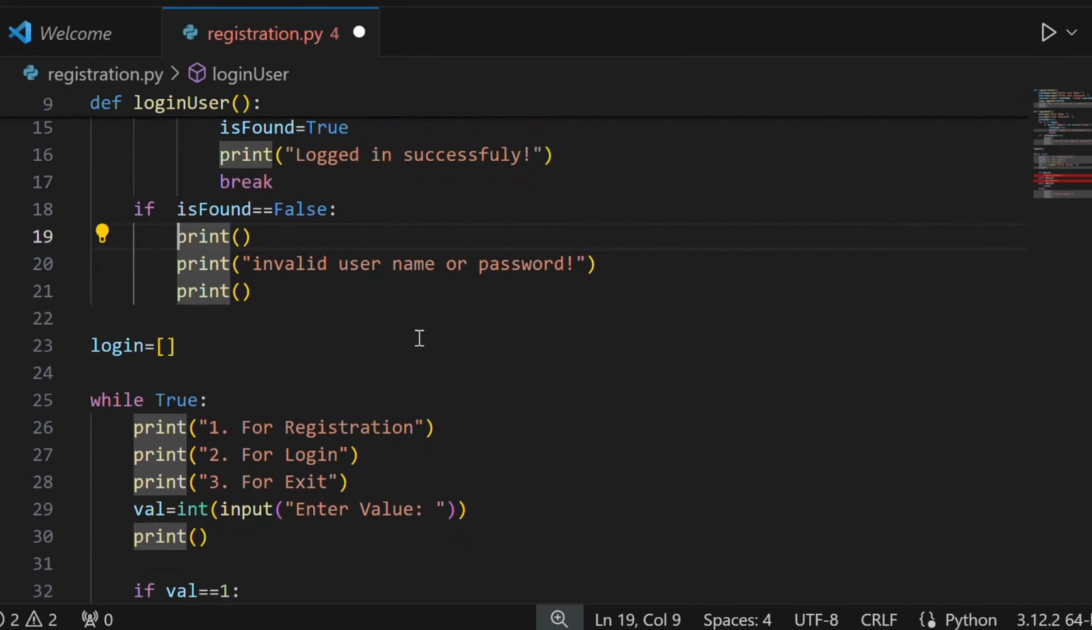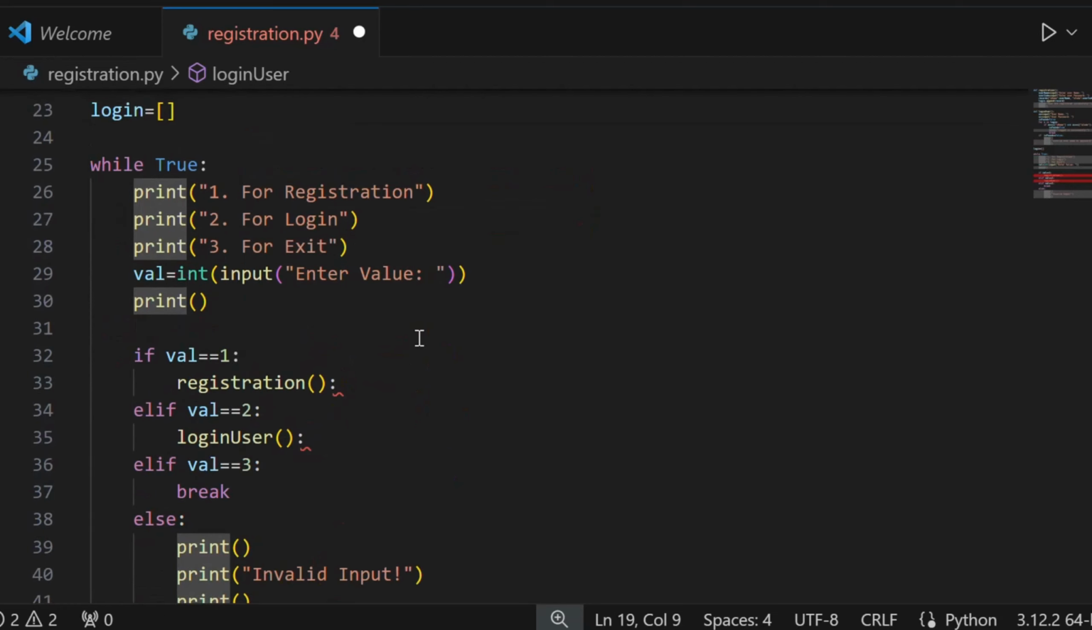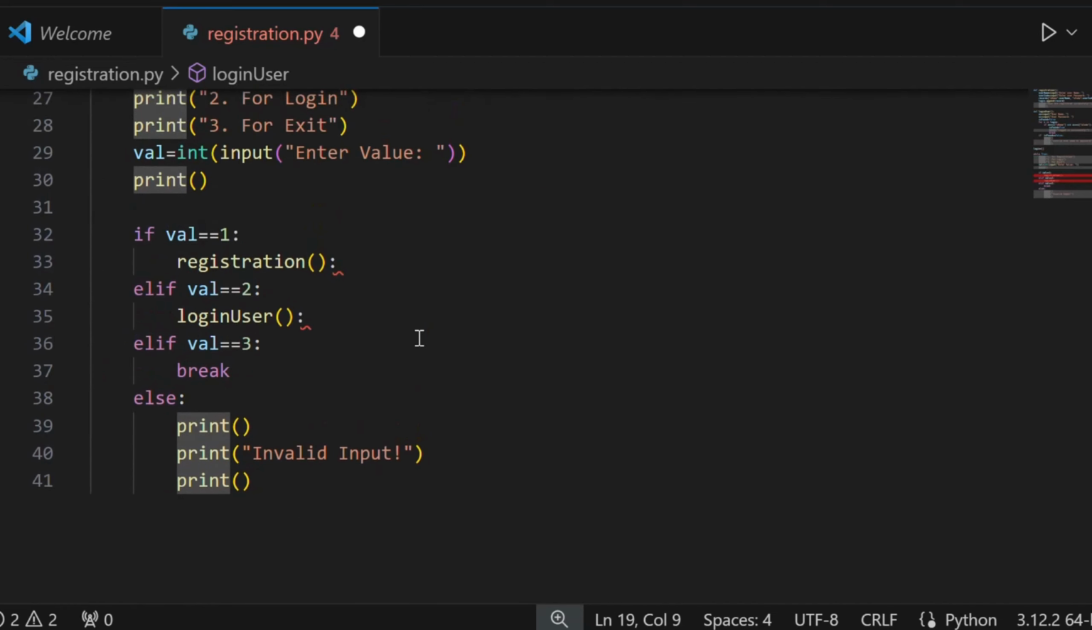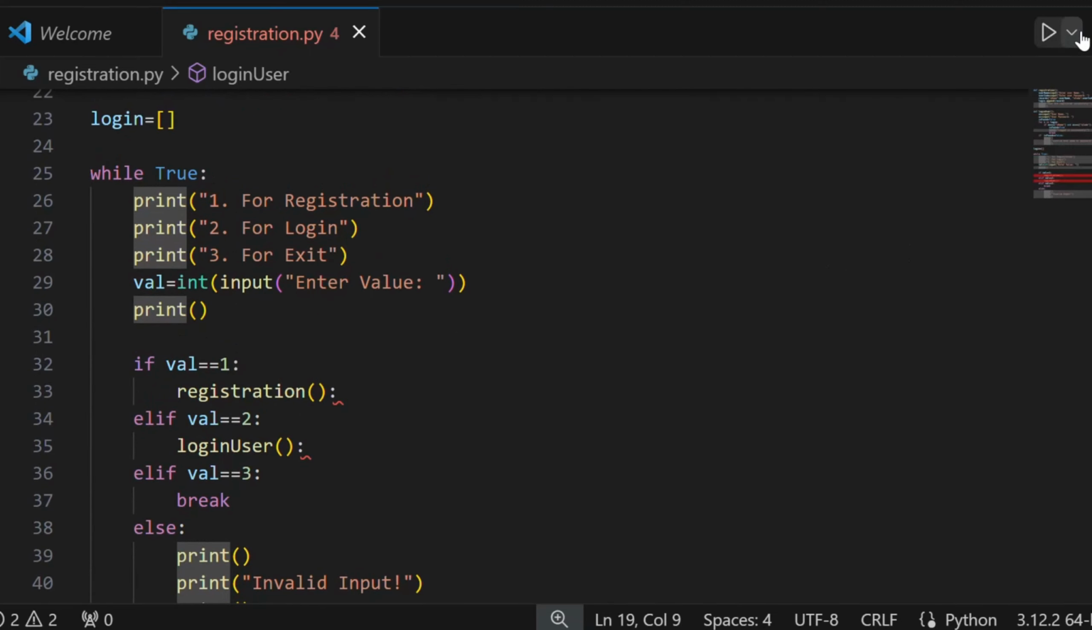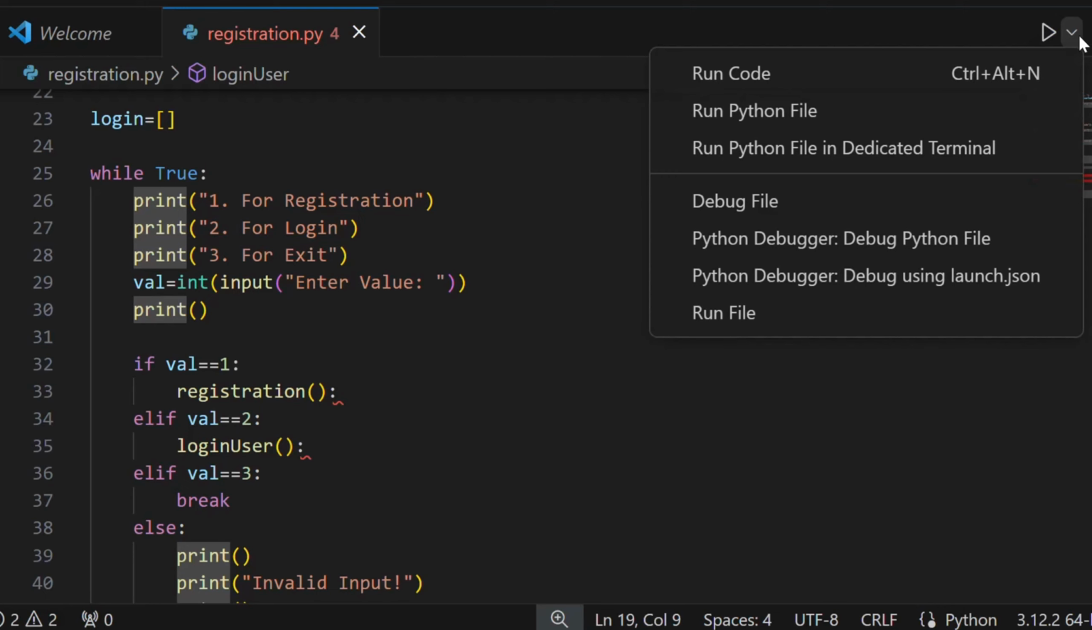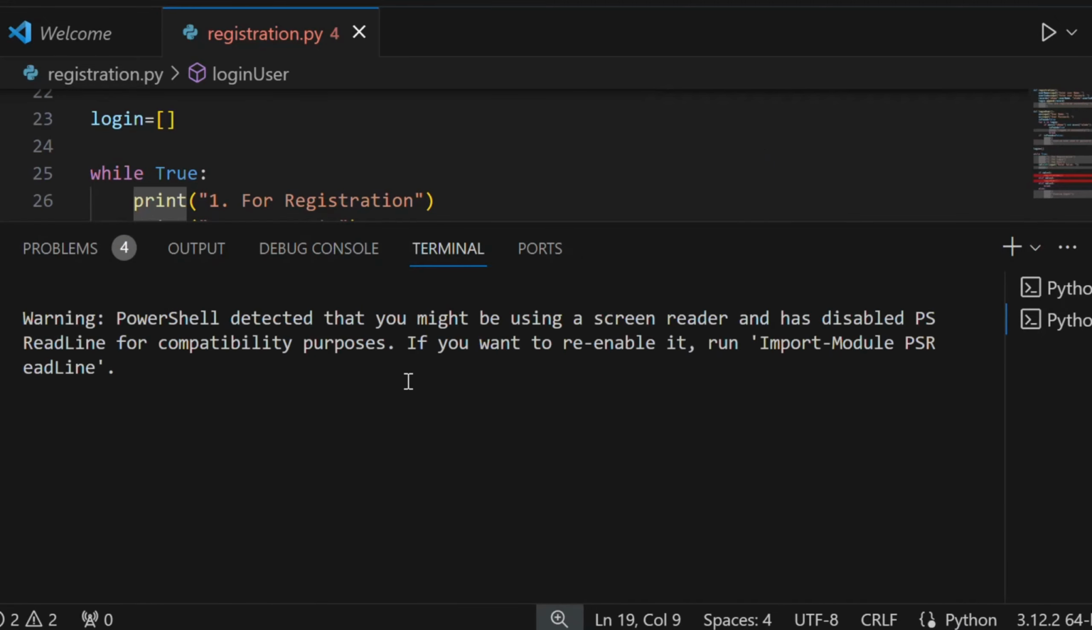Although all our code is completed, now I have to save it. So I have saved, and then I want to execute. I will click here and then choose Run Python file in dedicated terminal. After a small while,